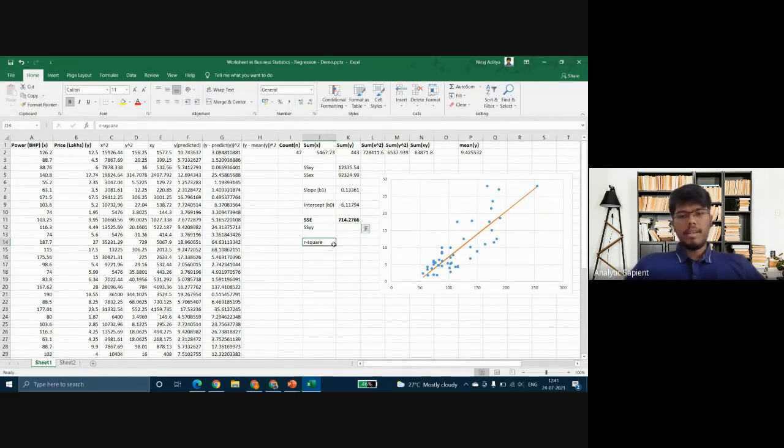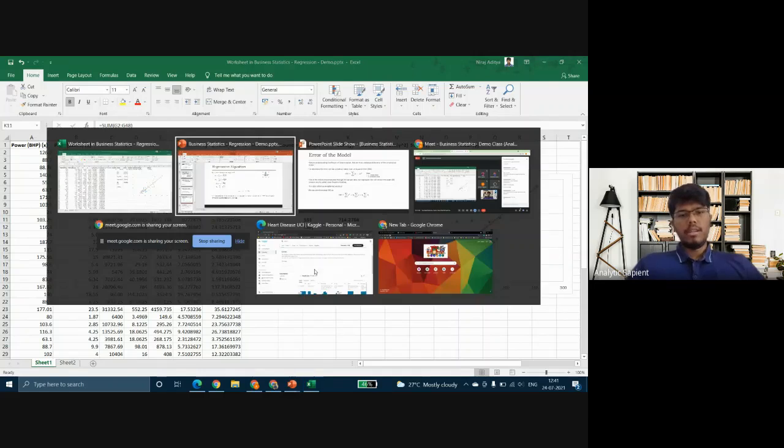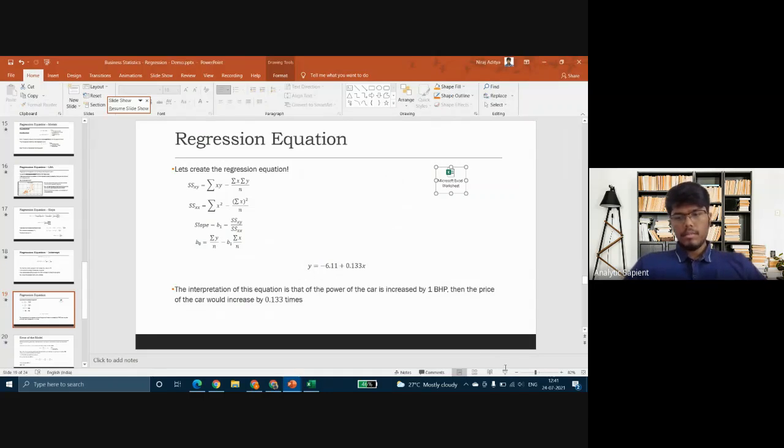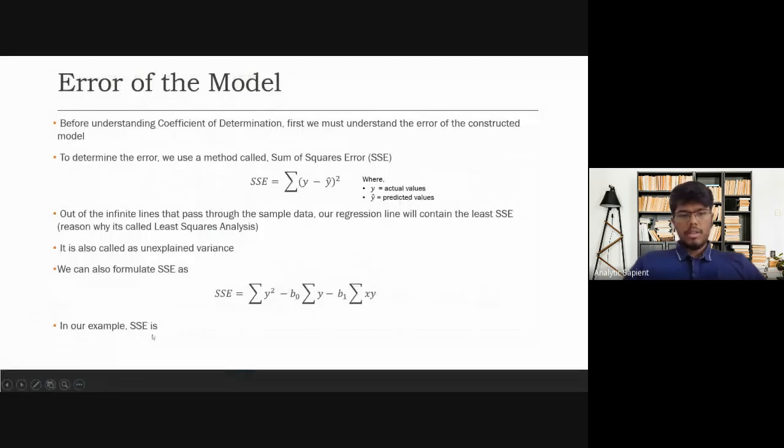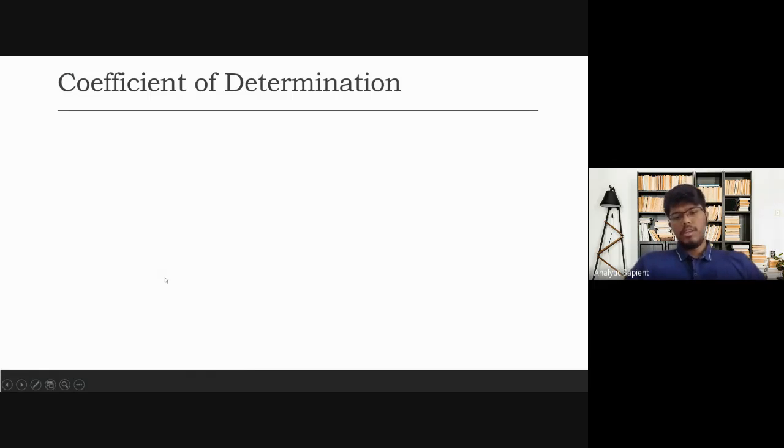You might think this is big, but this is actually the least error across all the regression lines. And this depends on the quantity of this. If this is in thousands, then obviously the errors also would be in thousands. So it is dependent on that. So there is no standard way to know that this is least compared to other regression lines. But among all the infinite lines within this data set, it is 714. So in our example SSE is 714. Now let's come to coefficient of determination.